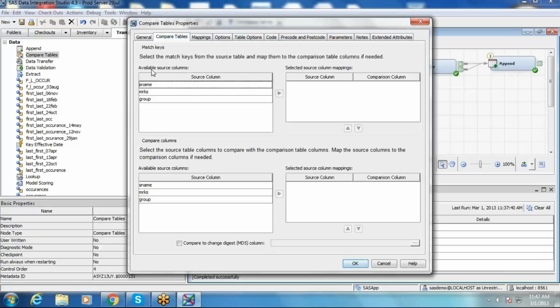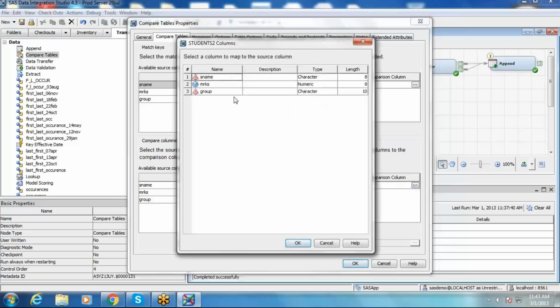Here you can see what is the source column that you are planning to match the column on target. That is based on S name I am planning to compare, and what column should I compare values? That is my marks. So you can just move that to right side. If they are having same names, you can straight away use the same name, or you can go with multi other name as well. If the comparison column is having a different name, you can click on this button, you can select the column name straight away. Okay.